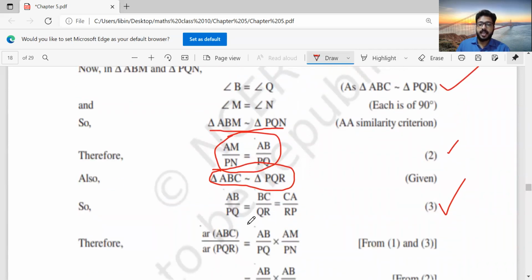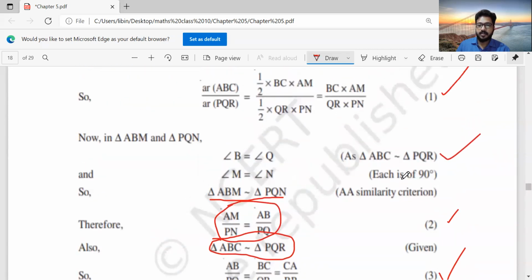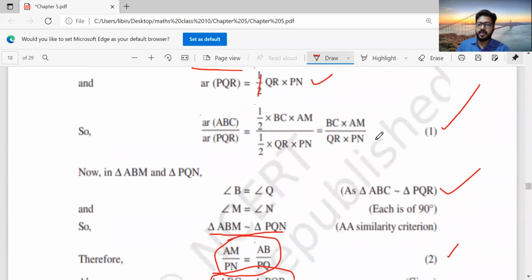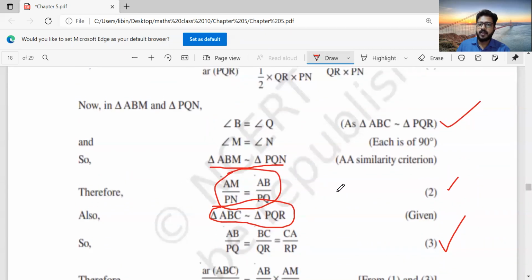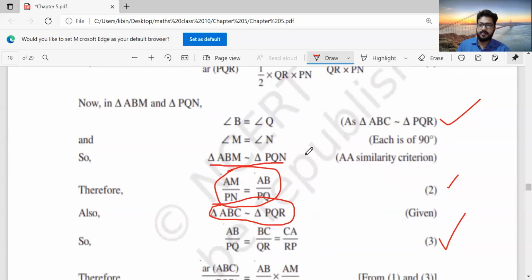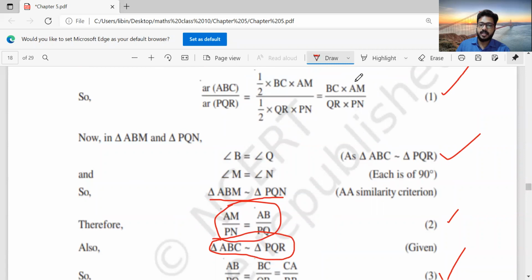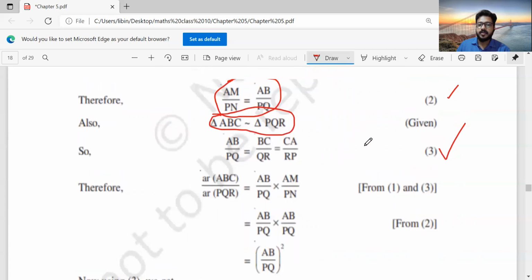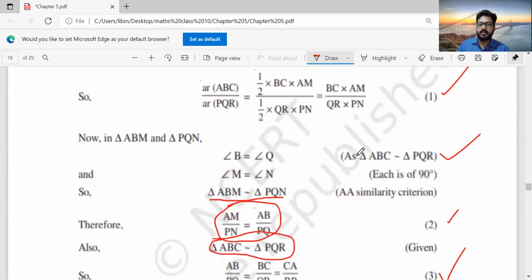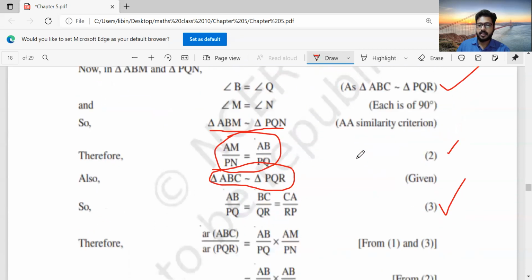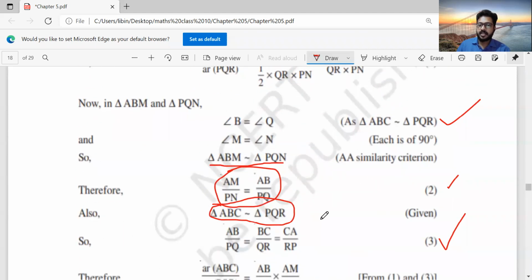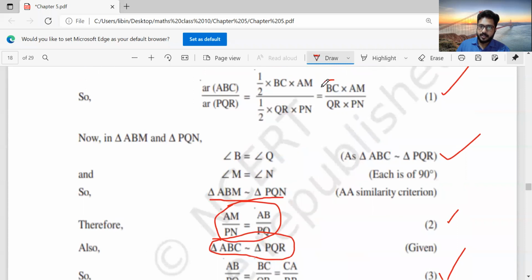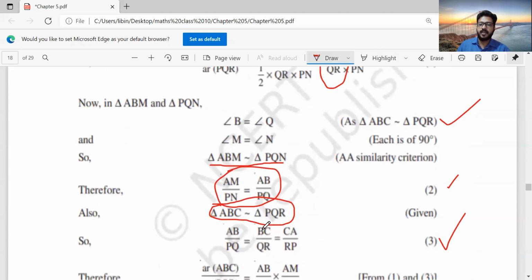consider area of ABC by area of triangle PQR. As per our equation 1, it is BC into AM by QR into PN. But what is AM by PN? Instead of that, we can write it as AB by PQ. So that's why we have written AB by PQ into this AM by PN. Okay, clear? That is AM by PN is written likewise, but instead of this BC by QR, we are writing AB